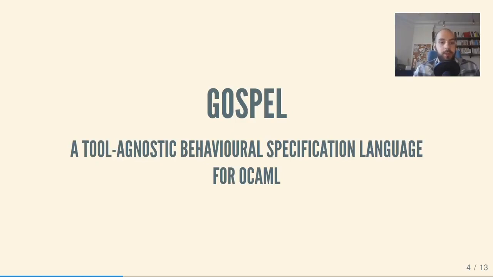Gospel is inspired by other similar languages such as Spark, ACSL for C, or JML for Java. It is tool agnostic, meaning that it makes no assumption on the use of the specification, so it can be used for deductive verification, but also runtime verification. Our goal is indeed to build a verification framework with a variety of tools using this language. The language is still pretty young,